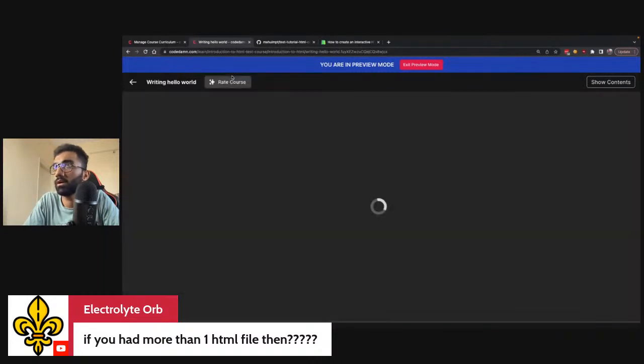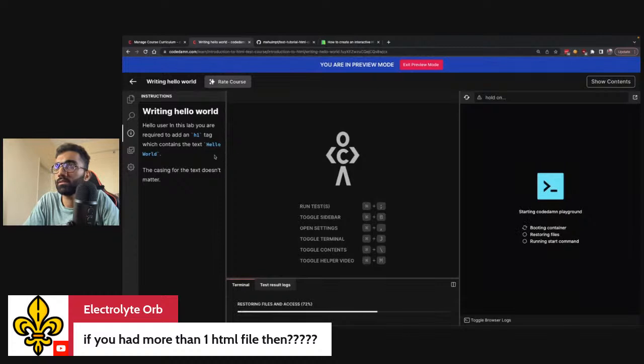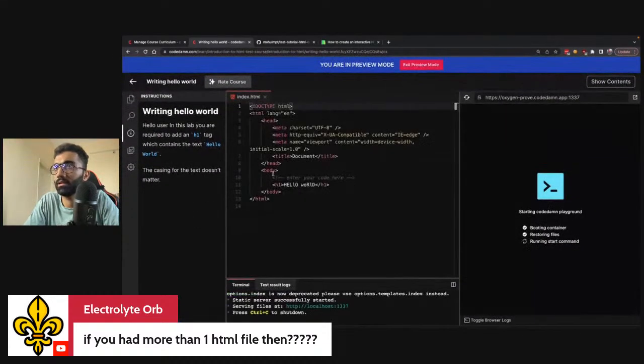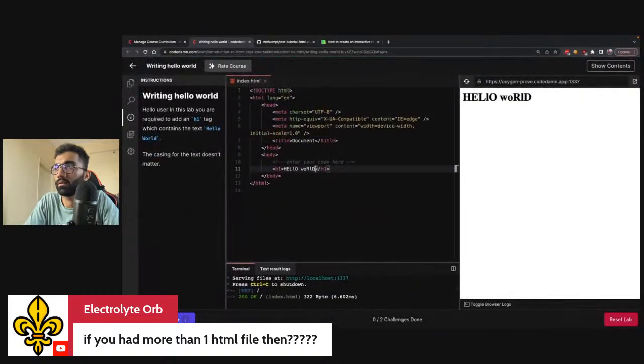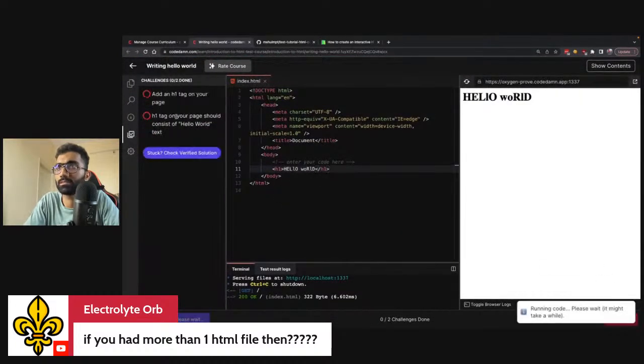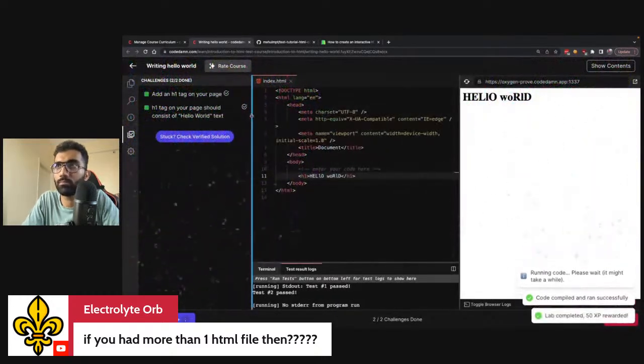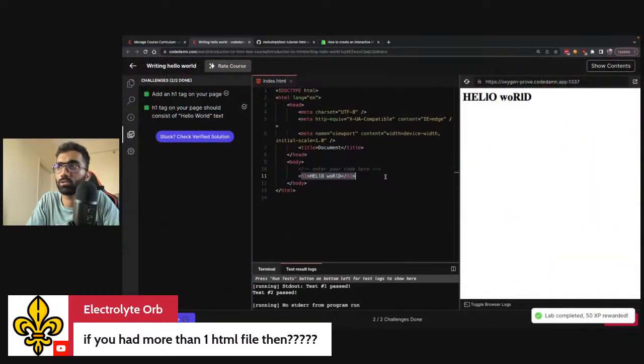let's just take a look now, writing hello world. So you see this lab over here, this is how it would appear to the user, right? No test mode, nothing. But now if I run this test directly, you can see both of these tests pass, but you can also see there's a button of check verified solution, right?